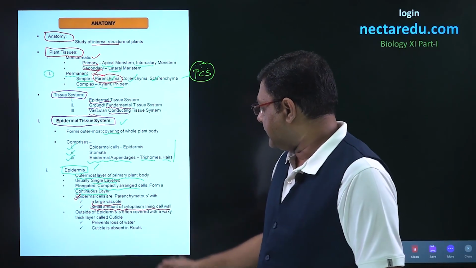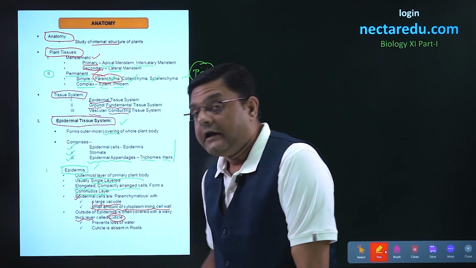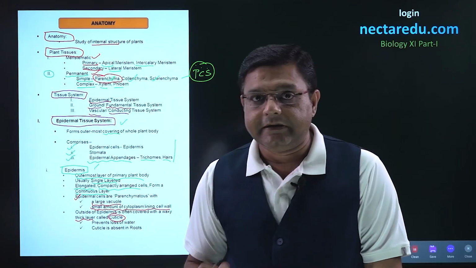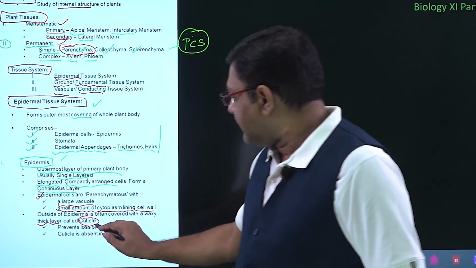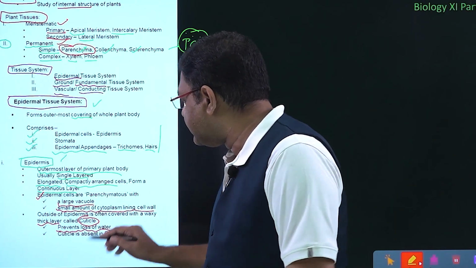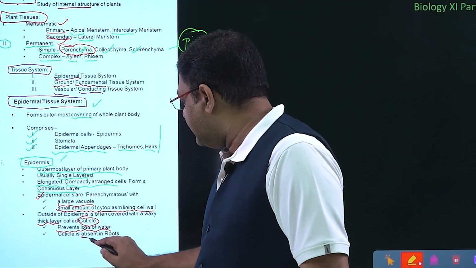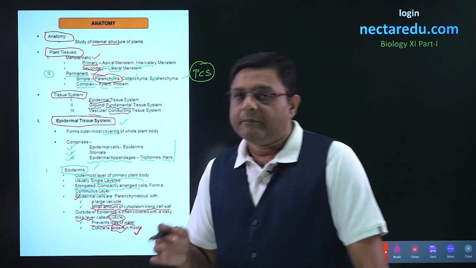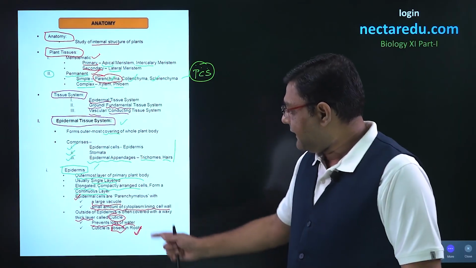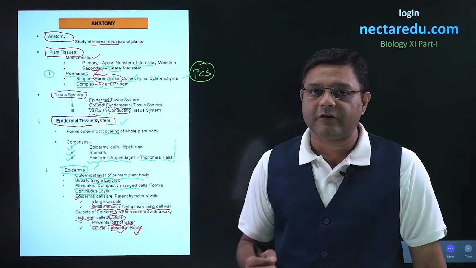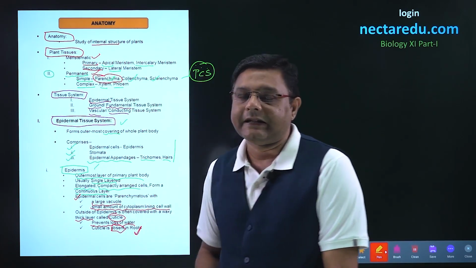Now, these epidermal cells have a layer which is called cuticle. Now, mostly cuticle will be present in the case of plants. There will be cases in which it will be absent, and the function is that cuticle prevents the loss of water. The point to be noted here is that cuticle will be absent in the case of roots, because the function of roots is to absorb water, and if cuticle is present, obviously it is waterproof and water cannot be absorbed, and that is why cuticle will be absent in the case of roots.